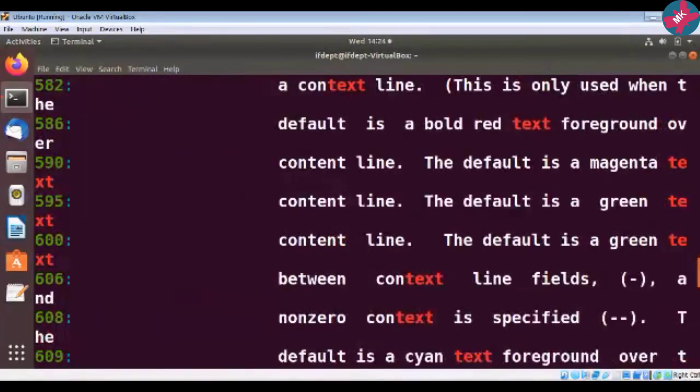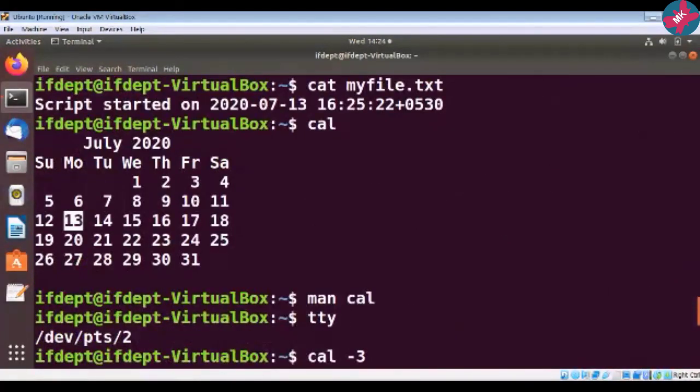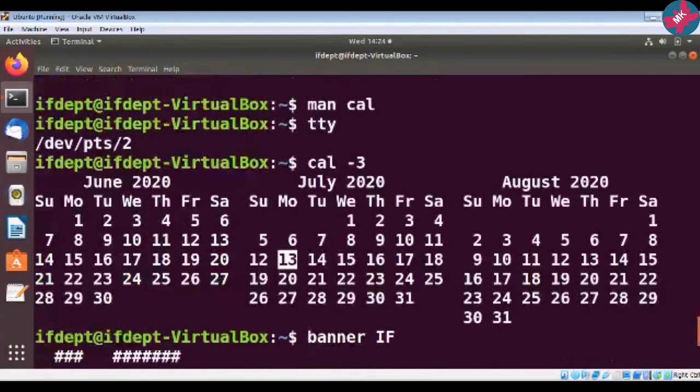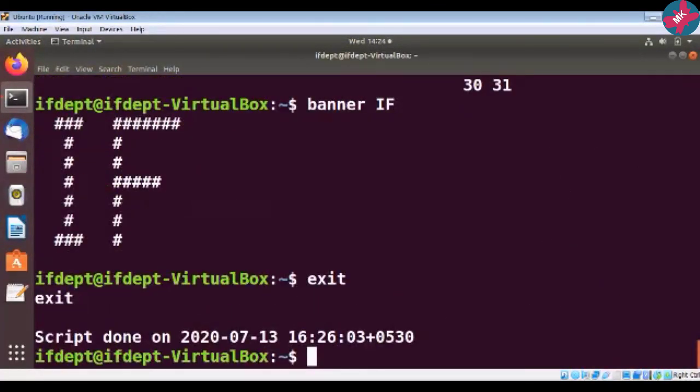In such a case where the content of the file is very large, how do we navigate it? I will type here more myfile.txt. The more command is useful to navigate a very large file.